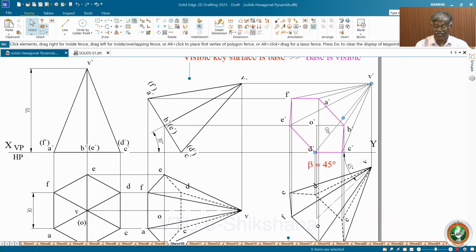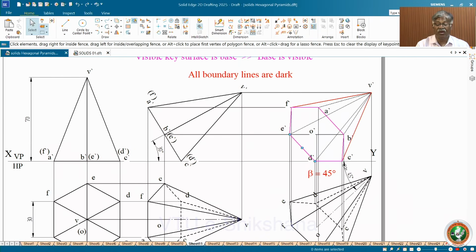So what I suggest is keep the boundary lines dark, then go for visible bends,